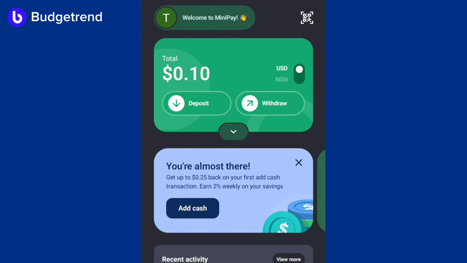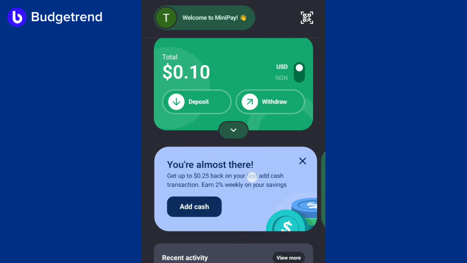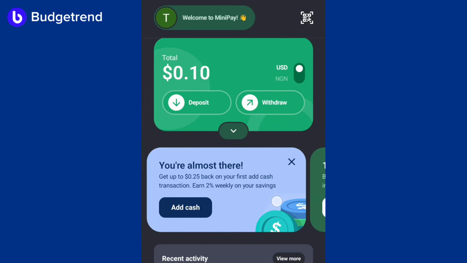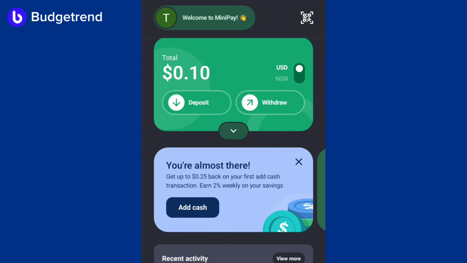Once you log in and register successfully on the MiniPay app, you will get $0.1 immediately as a login bonus. Then come to this dashboard, where you will see: get up to $0.25 back on your first add cash transaction, earn 2% weekly on your savings. This simply means that once you register the account and get $0.1, you can add more money. You can simply top this MiniPay account up. Once you top it up, you will get